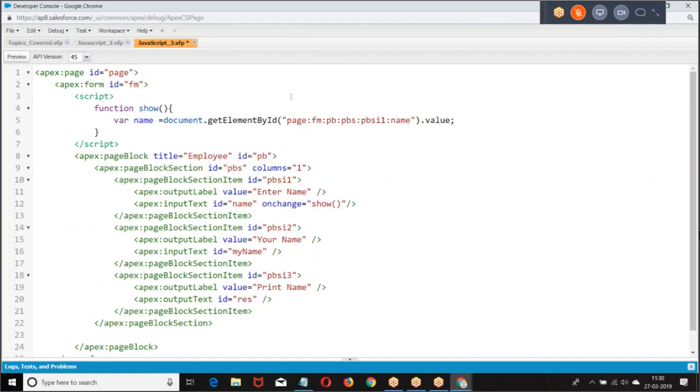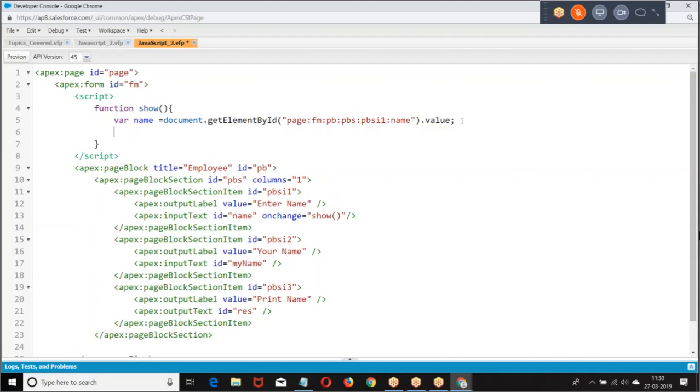In the page we have a form. In the form I have a page block section. In the page block section item. This value, where do you want to put it? Document dot get page form page block section item 2 colon dot value equal to.